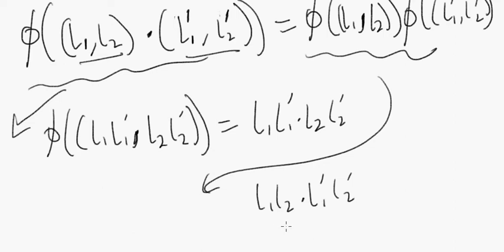So who said that L1 prime L2 prime is the same as L1 L2 times L1 prime L2 prime? So why must these necessarily be equal to each other? Are they equal to each other? That is the left hand side, which is L1 prime L2 prime. Yeah, it's unclear why those have to be the same. So unless the group is abelian,